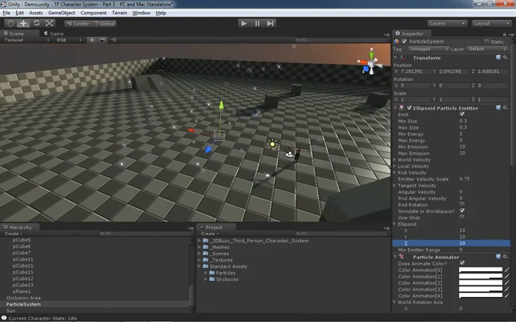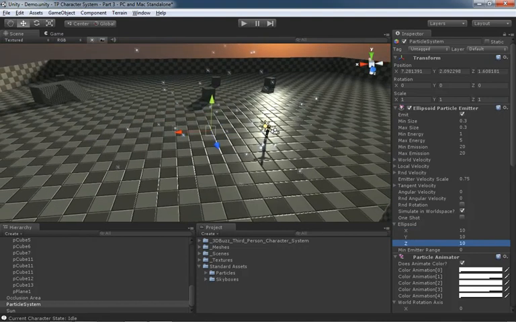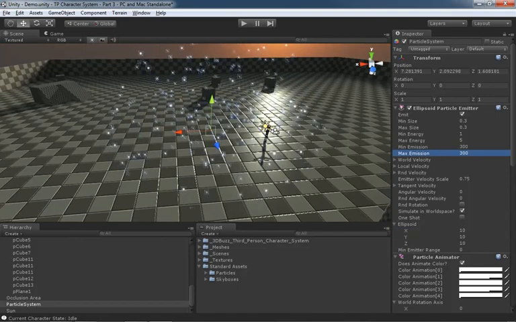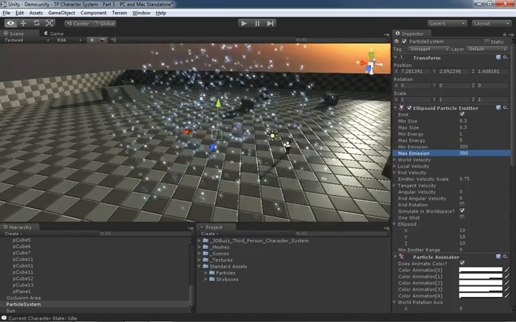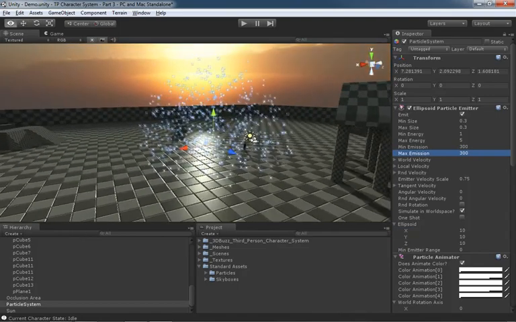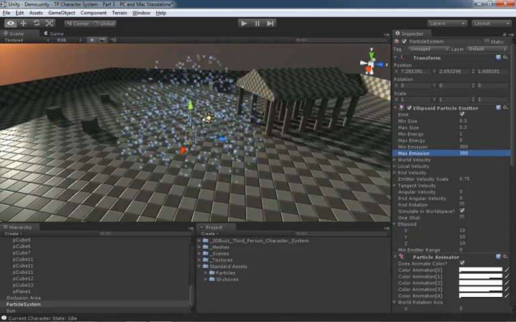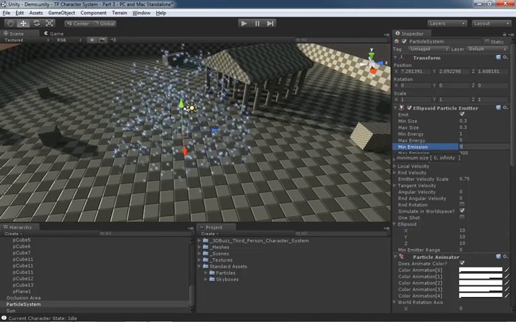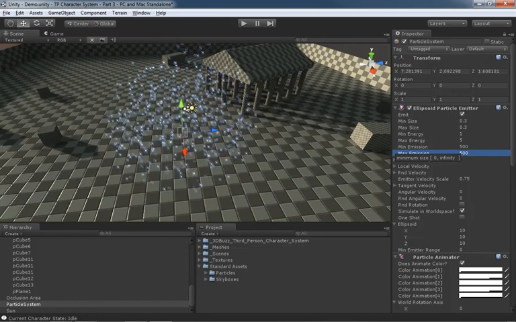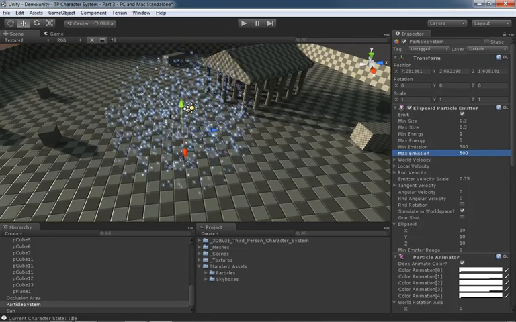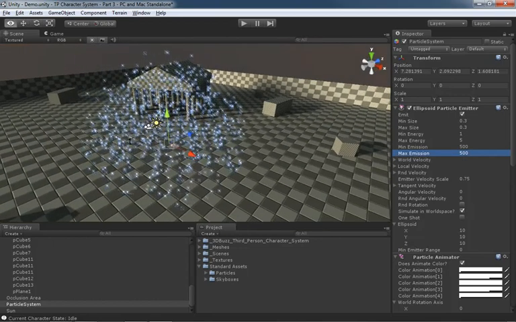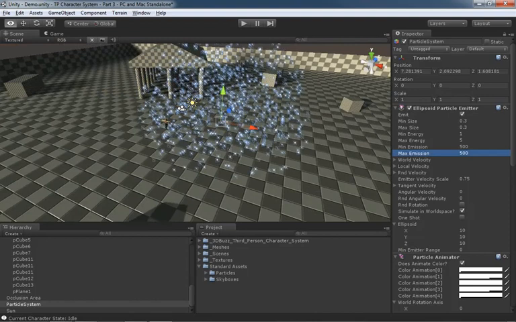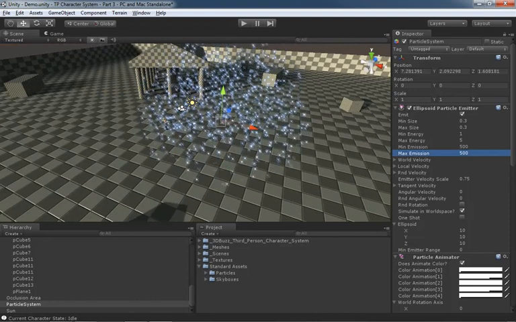However, with emitting as few particles as I am, things look a little bit sparse, so I'm going to crank up my number of particles being emitted to something probably well beyond anything reasonable. And now you can really start to see that overall size of the ellipsoid taking shape just because of the number of particles. Now, again, not making any commentary on efficiency and whether or not you should or shouldn't ever add this many particles, I'll just crank that up to 500 just so you can see this next property, which